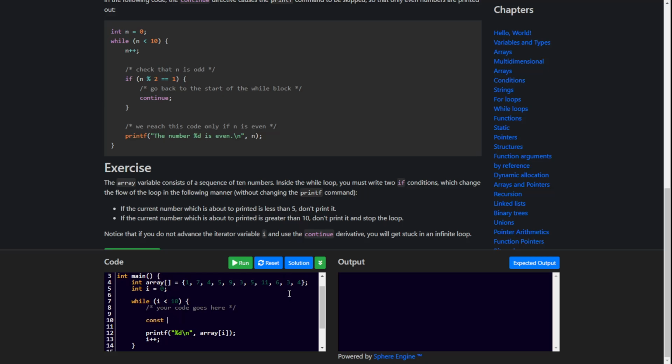So not const, int to_be_printed is equal to array[i]. So I guess it should be in snake case. So if to_be_printed is less than 5,